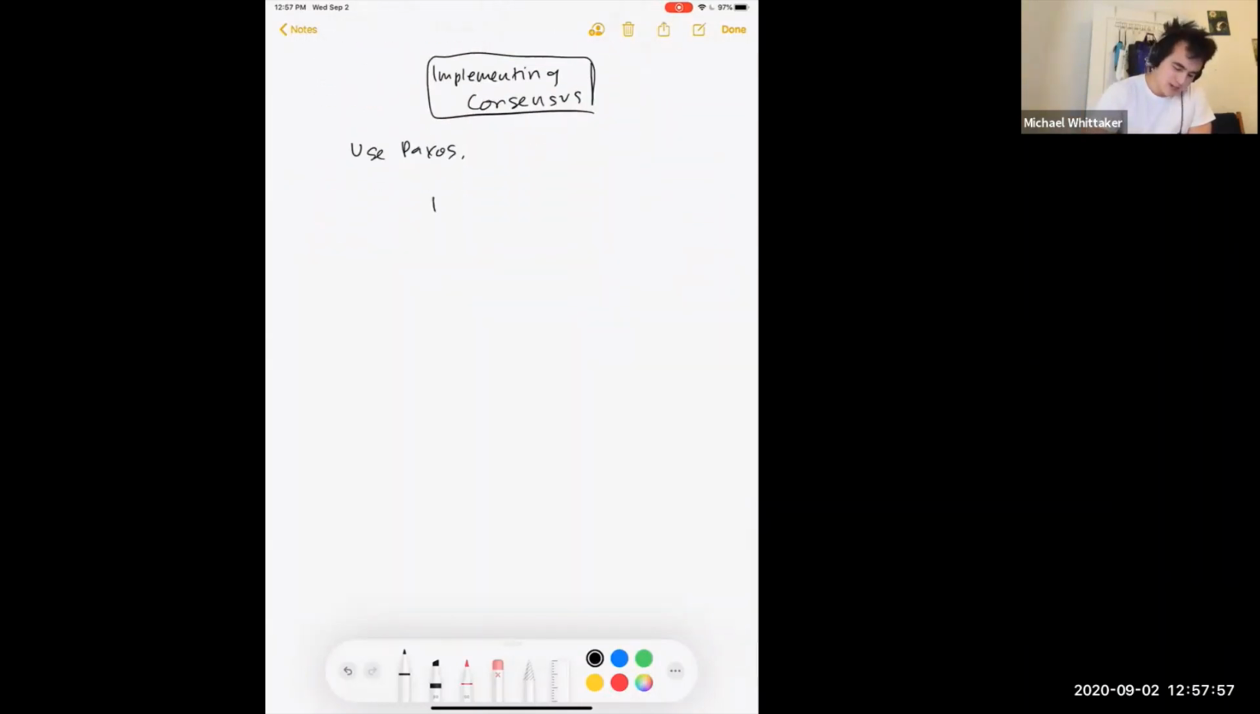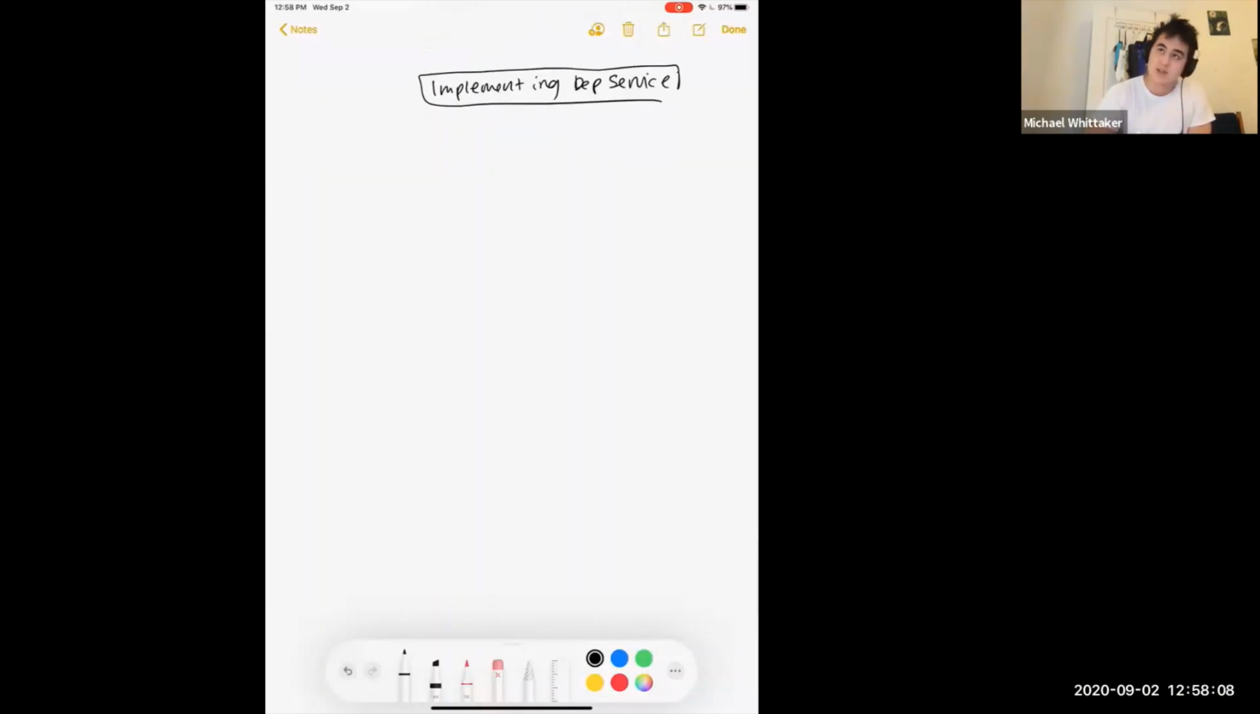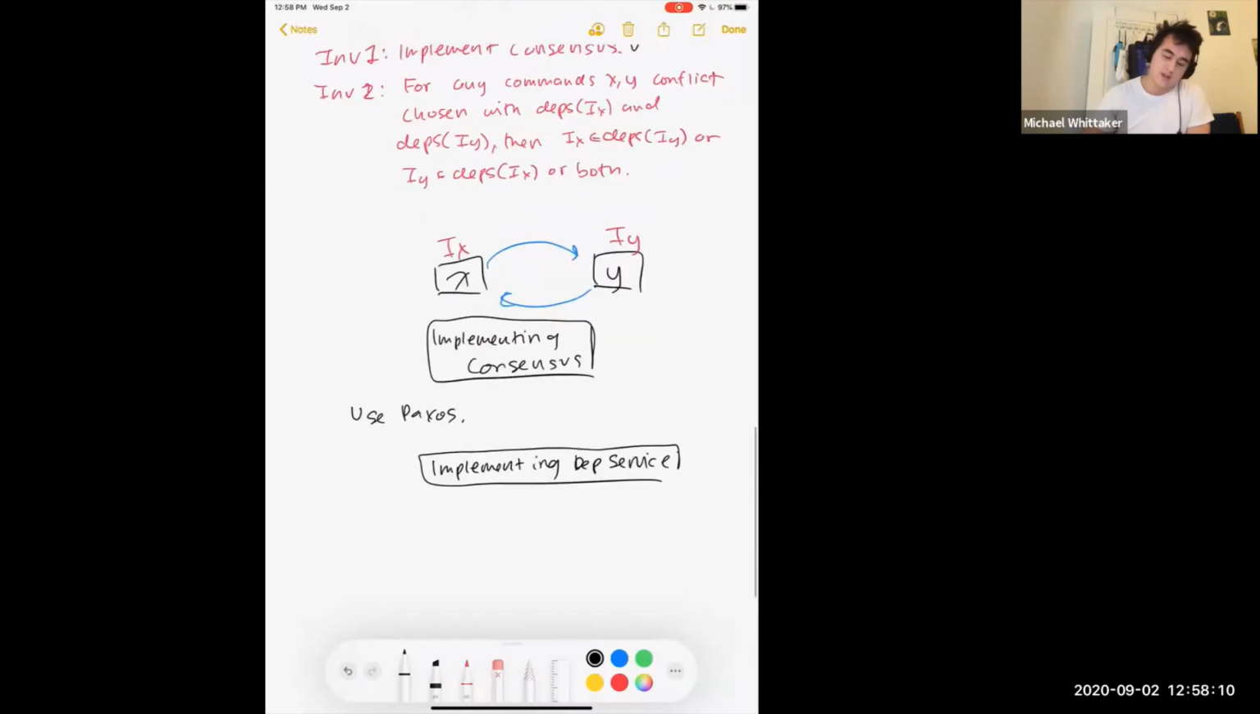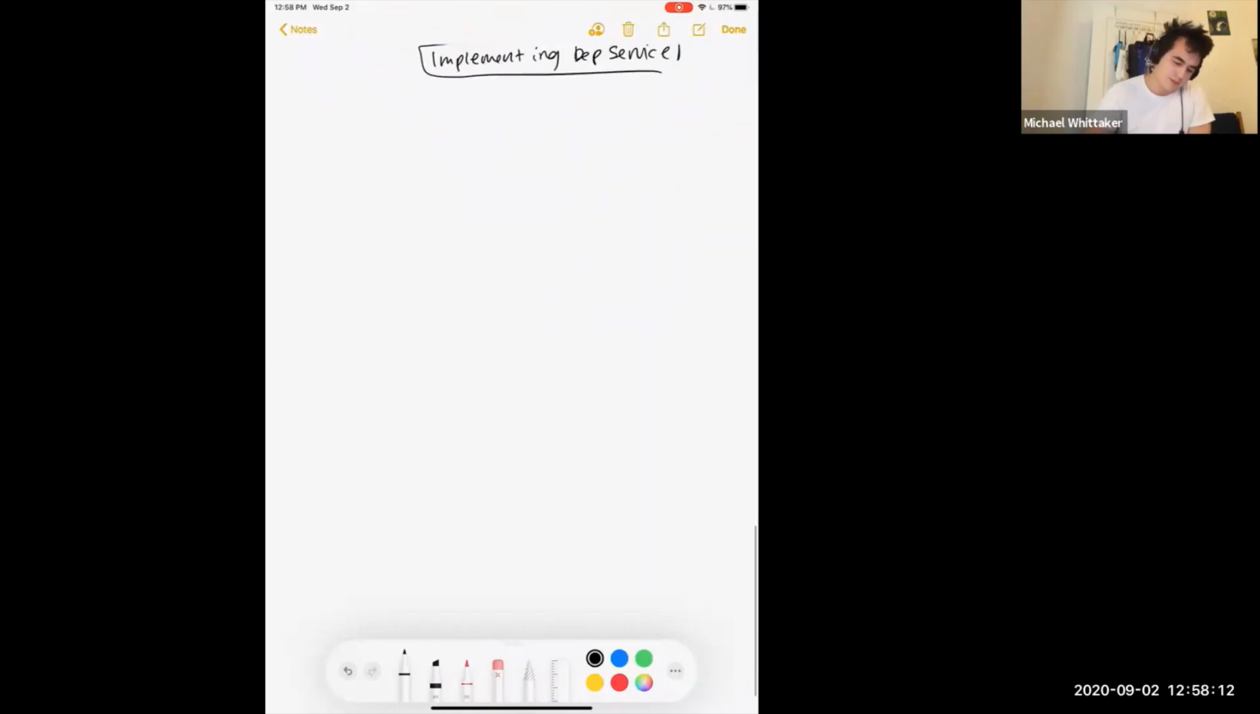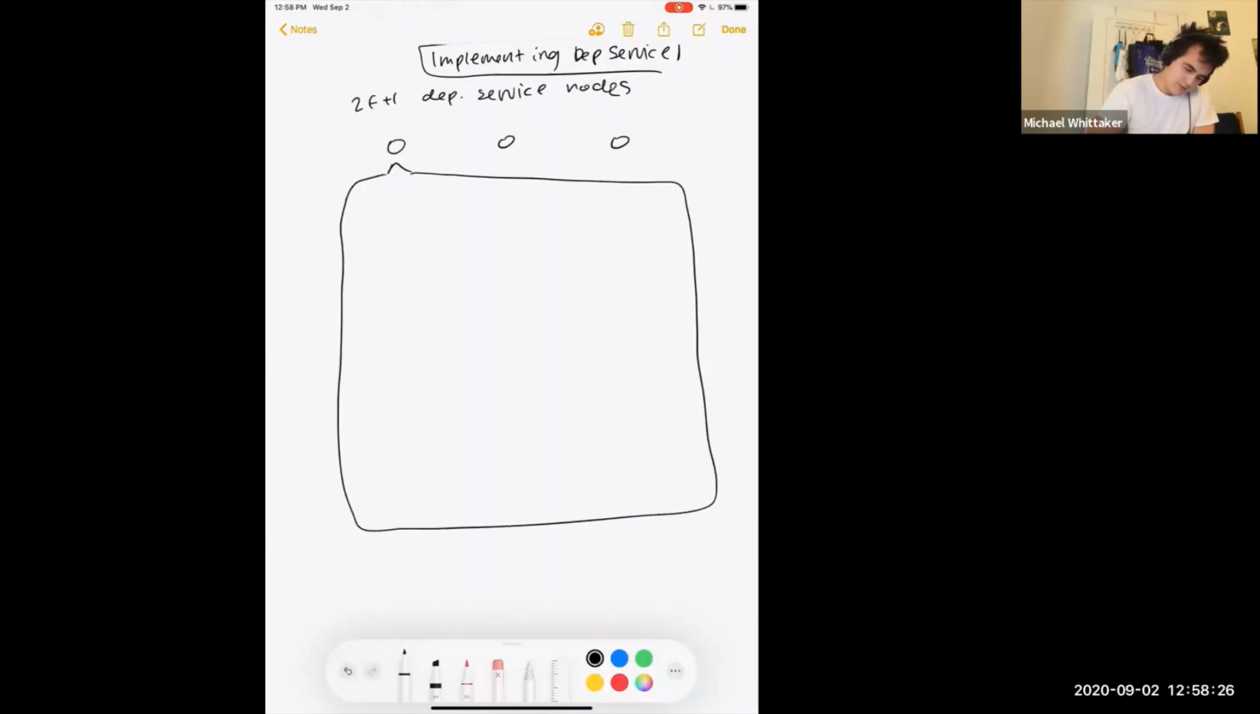Okay. The second is implementing the dependency service, and this one's a little more interesting. Implementing the dep service. Okay. And remember that the key invariant here we're going to have to maintain is the second one, that if two things conflict, they have an edge between them. Okay, so I'm going to implement the dependency service with 2f+1 dependency service nodes. And every one of these dependency service nodes, let's take a look at it more carefully, is going to maintain